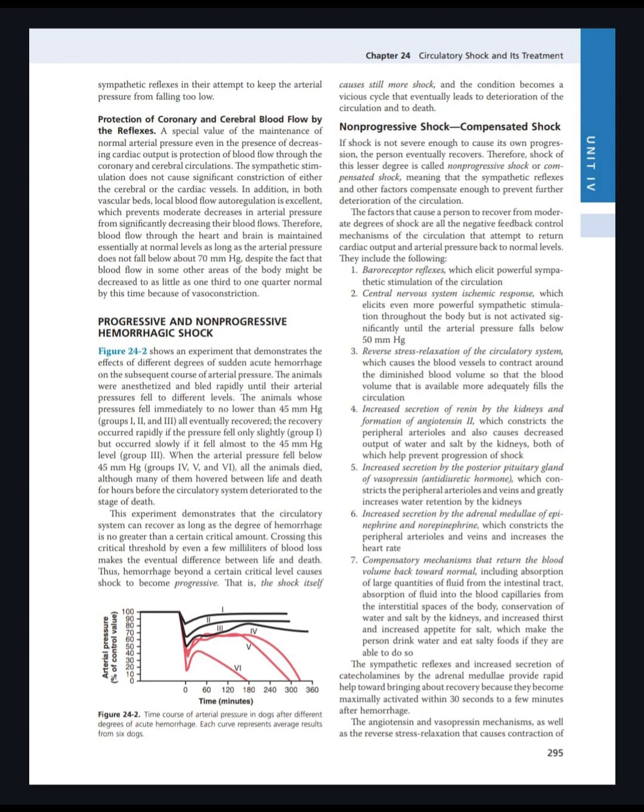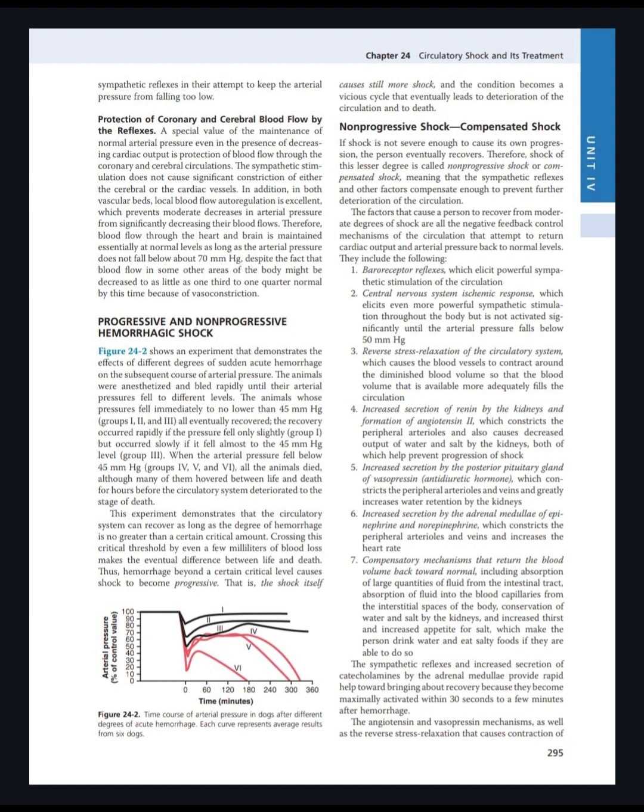The factors that cause a person to recover from a moderate degree of shock are all the negative feedback control mechanisms of the circulation that attempt to return cardiac output and arterial pressure back to normal value. So they include the baroreceptor reflexes, which elicit powerful sympathetic stimulation of the circulation; central nervous system ischemic response, which elicits even more powerful sympathetic stimulation throughout the body, but is not activated significantly until the arterial pressure falls below